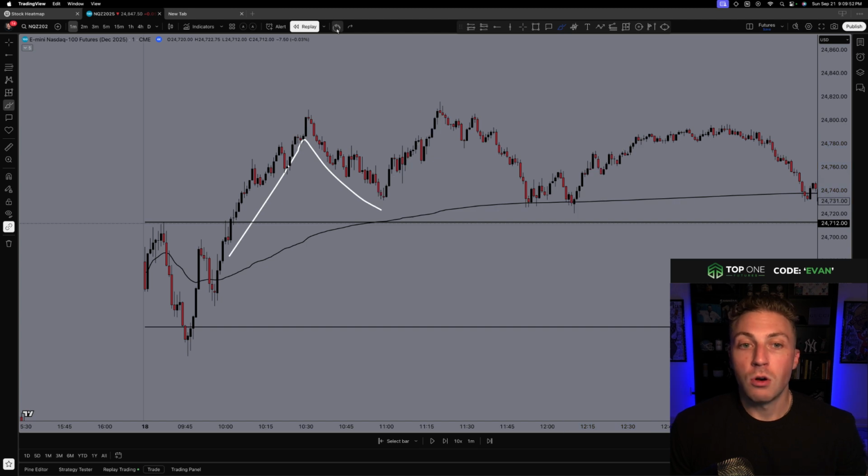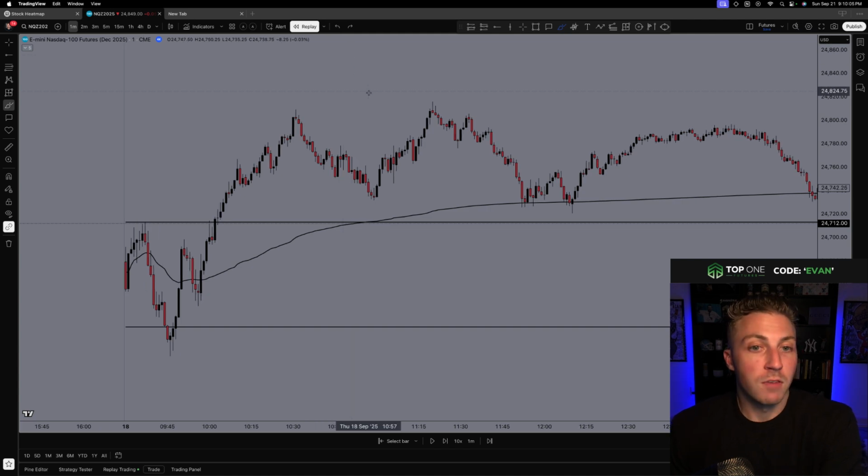So if anything, that loss should have taught you, okay, what new information did that just give me? Do I want to pivot? Should I be looking for longs? Was I early on my shorts? No, shorts are out the window. Okay, let me look for longs. Let me use my VWAPs and find the next best trade. And hopefully you could bounce back.